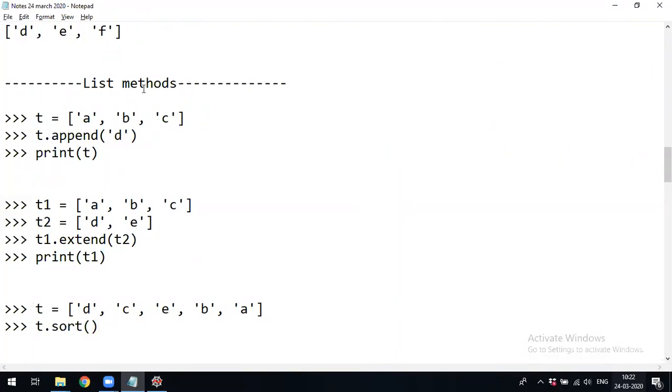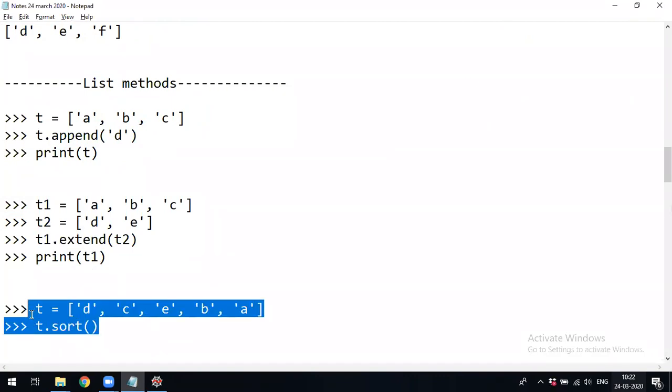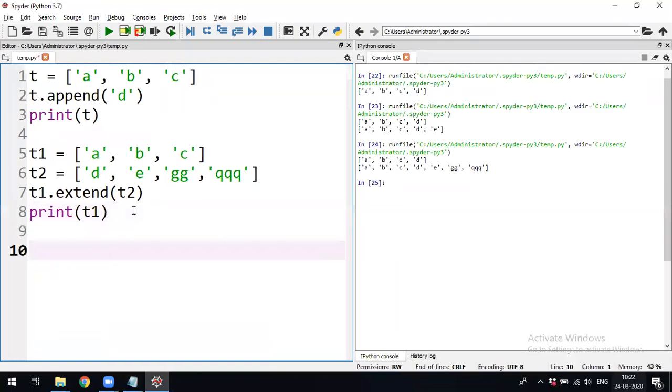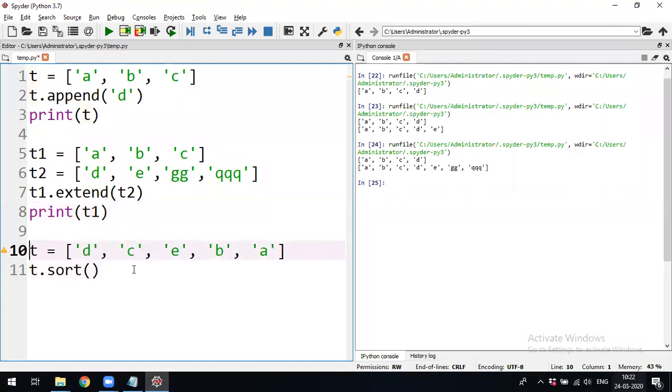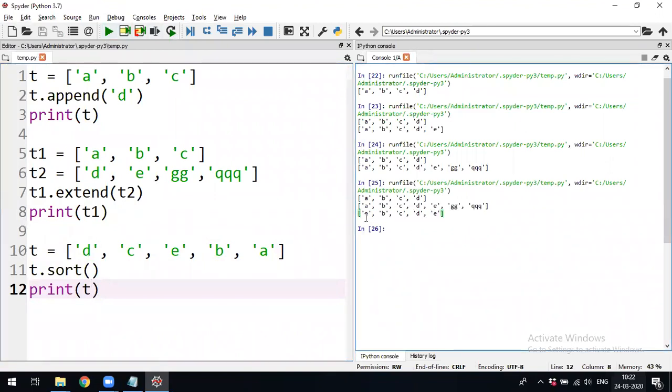If you print that, your entire list is extended by any number of elements. See, there is one more list method. One is append, one more beautiful function is extend, and one more is sort. This sort function, as we see the output here, is going to sort alphabetically A, B, C, D, E, but in the background it works with the ASCII value.